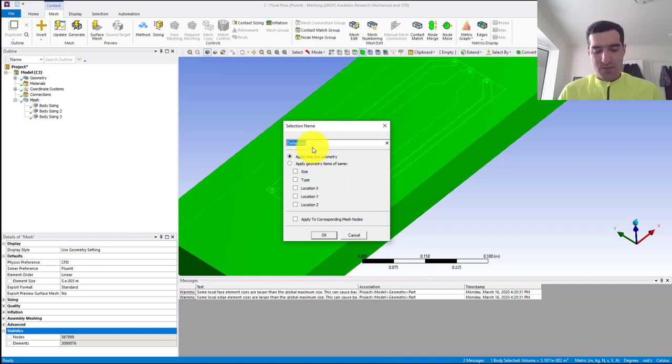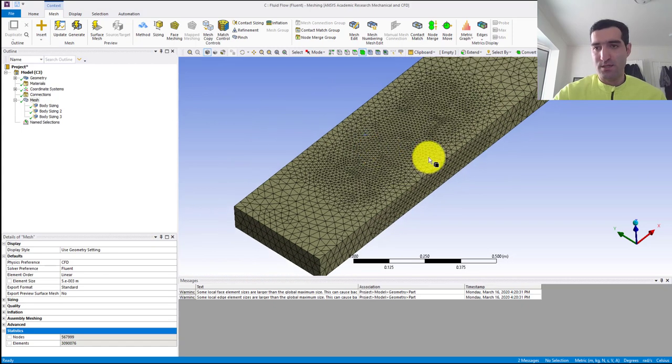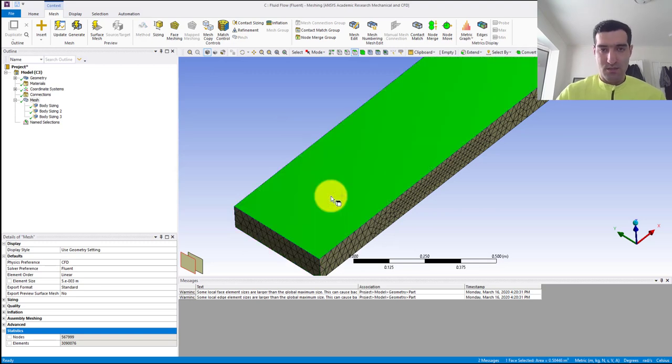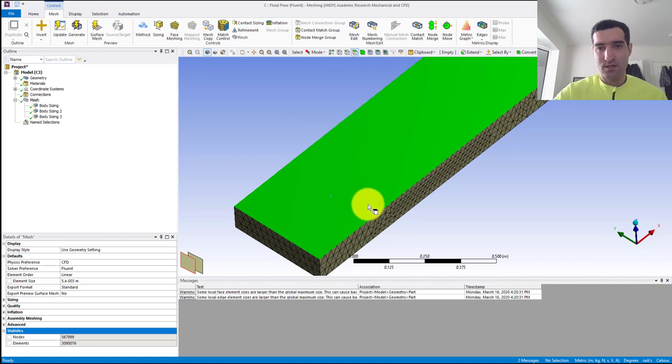So I'm going to name it Fluid Air. Okay, and then I need to specify, select faces. Here inlet, here is going to be top,